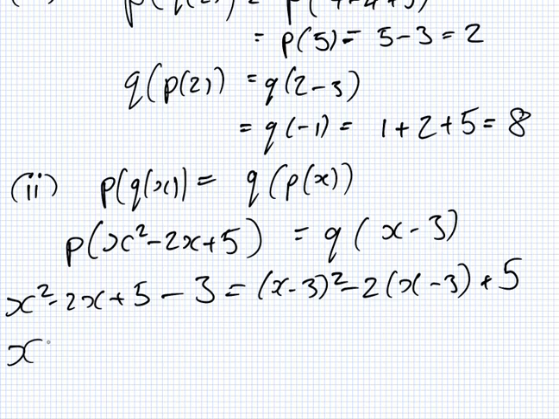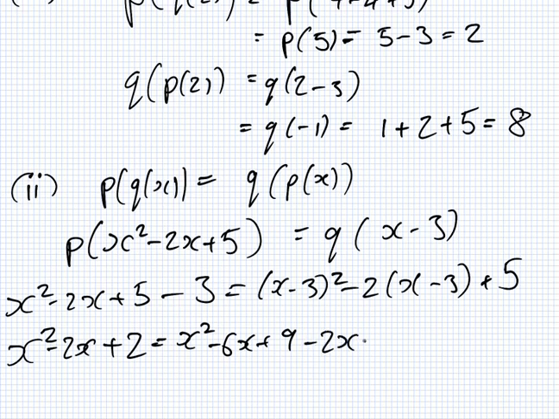So I have x squared minus 2x plus 2 equals x squared minus 6x plus 9 minus 2x plus 6